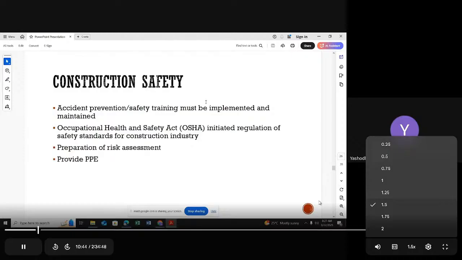The reason is, it is a hazardous place, but by using different acts, the industry has introduced different safety measures. But the thing is, in our construction industry, people are not following those safety-related things correctly.